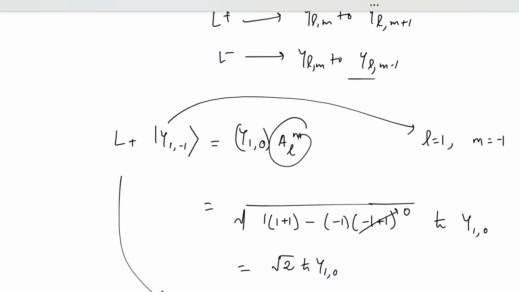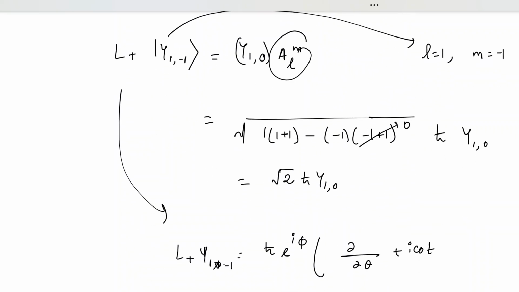Now you can represent this L plus in terms of theta and phi, because in the question you have been given the form of Y11 in terms of theta and phi. So you have to change into the theta phi representation, the angular representation of the operator L plus also. So L plus Y1 minus 1. L plus in operator form in theta phi format is h cut e to the power of I phi del theta, plus, you can note this from the textbook or the lecture notes, that this kind of a relation is valid. So this is I cot theta